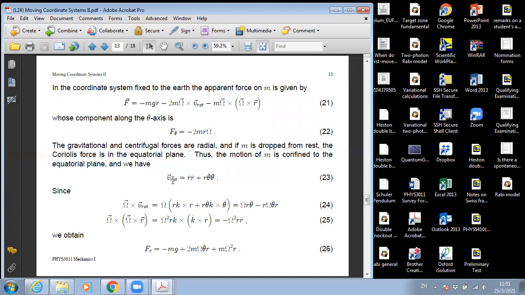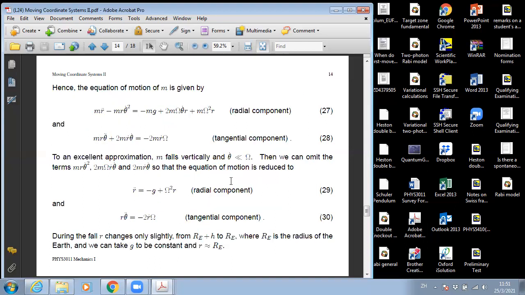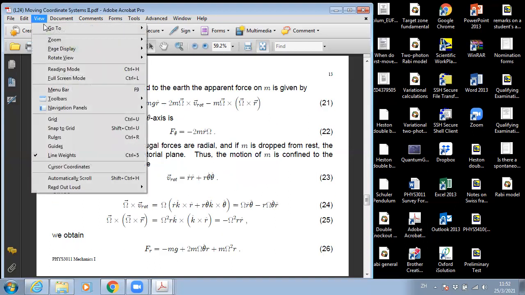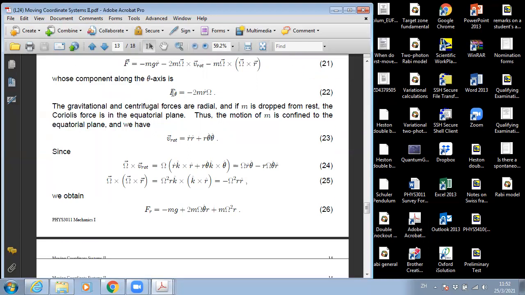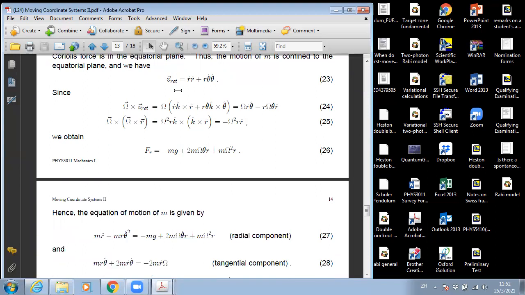And we know that in the rotating frame, the v is equal to r dot r hat plus r theta dot theta hat, all right? So performing all these a little bit more complicated vector algebra,